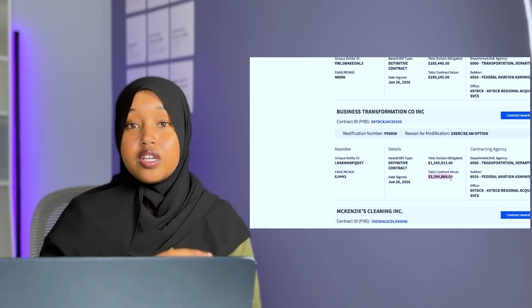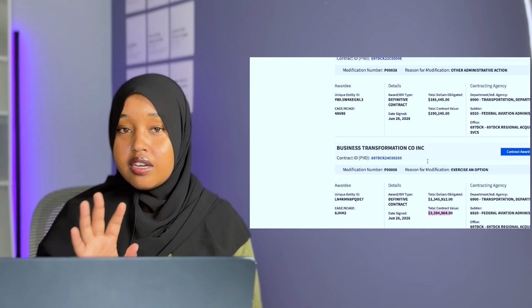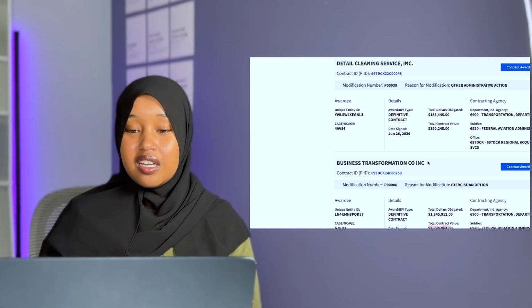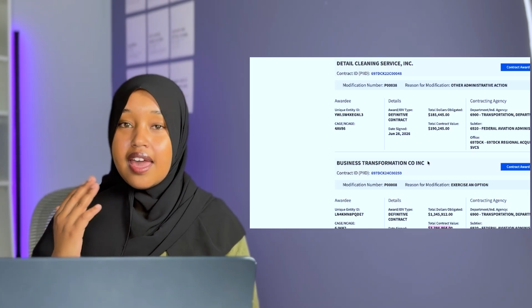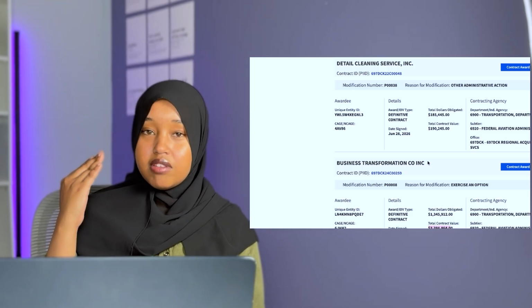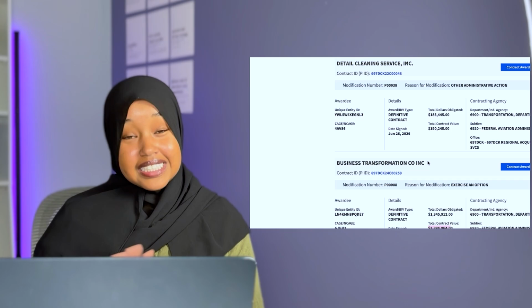If I look through other industries, there are going to be more and even more awards that the government is giving to businesses that are on SAM.gov, that have an active registration on SAM.gov, that have an active UEI and CAGE code. Next up, last week we were notified about opportunities with janitorial in the state of Minnesota.